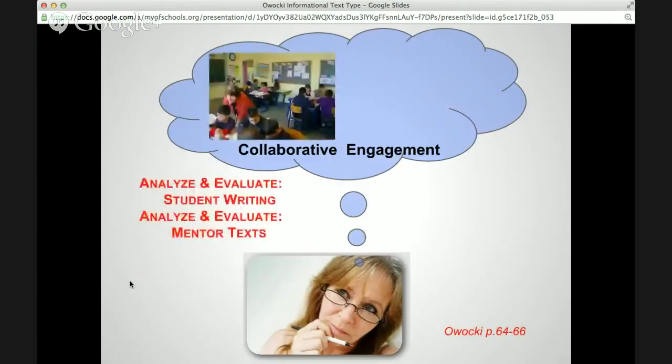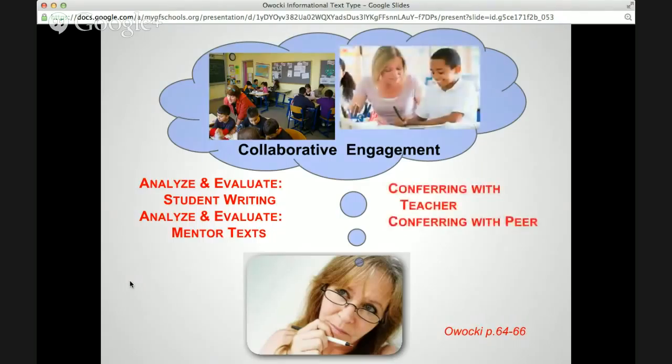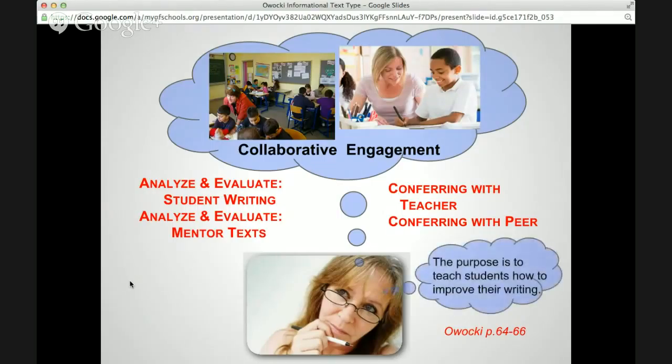So we see in collaborative engagement, really there's only two things that you're working on. You're analyzing and evaluating student writing and mentor texts, and you're conferring with teacher and peers. All of collaborative engagement is done to help the student know how to improve their writing. You can see in this gradual release, can't you, how supported the learning is and the potential for improved learning